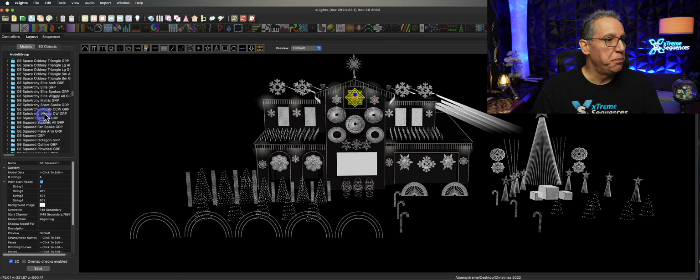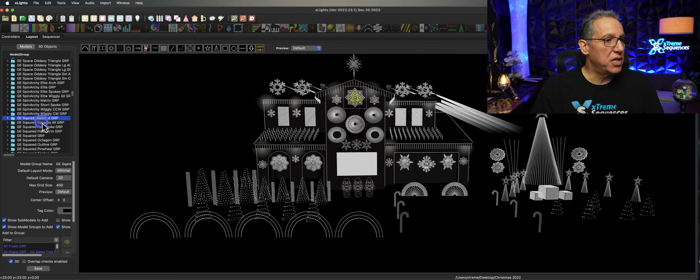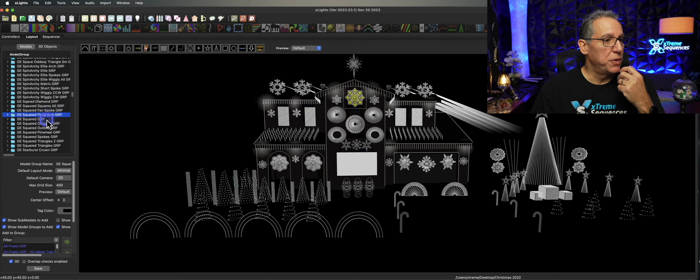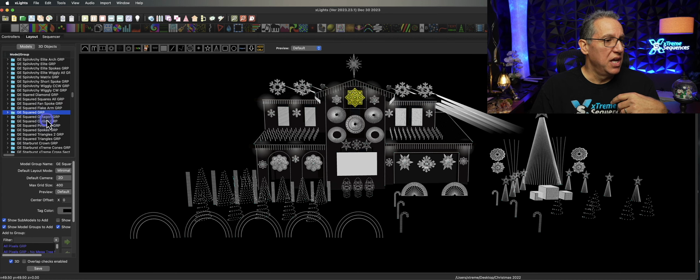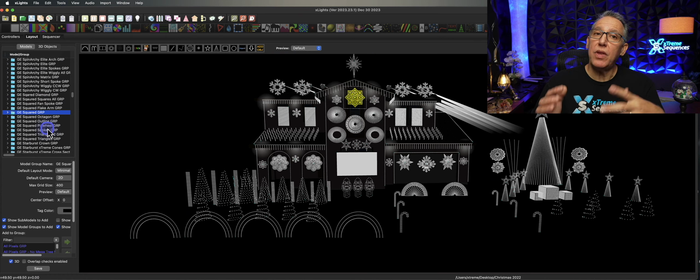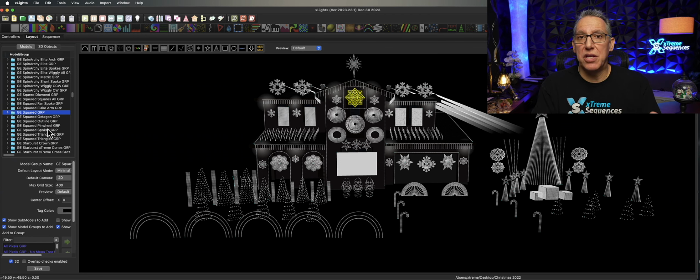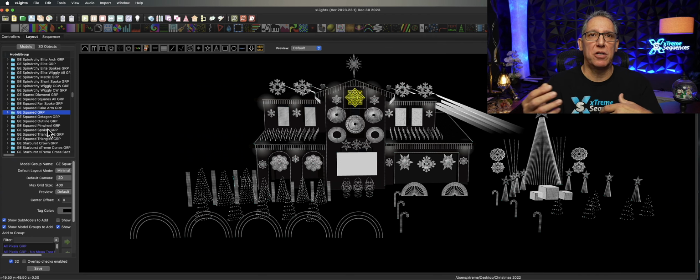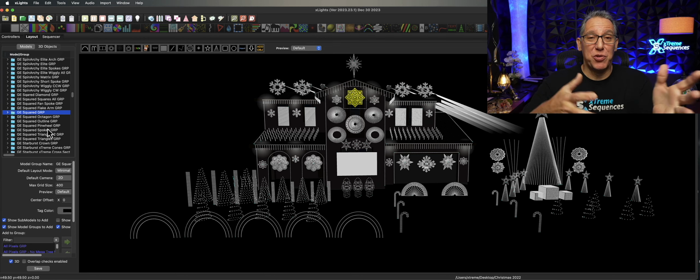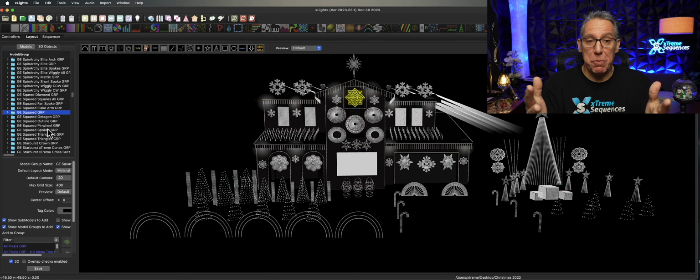There we go. So here is my squared diamond group, squared all span, flake group, squared group. So basically, and a few others, triangles, pinwheels, spokes. So these are all great groups. Now, I didn't create a lot of these groups. These were done by other people. I know Gary Hatt's worked on it. Eric Myers has worked on these, and other people. And so during that time, I was just way too busy to do that.